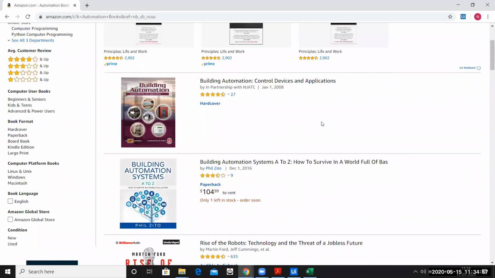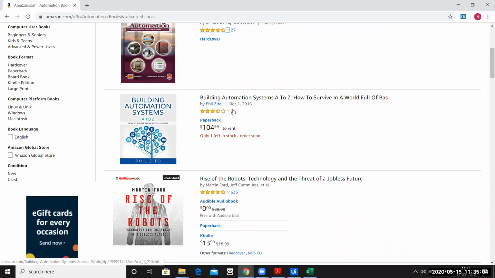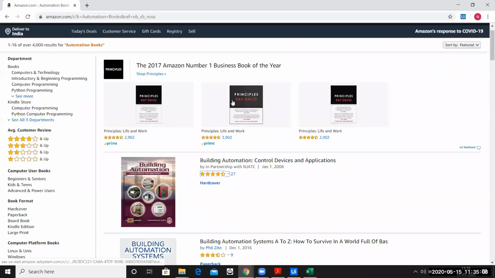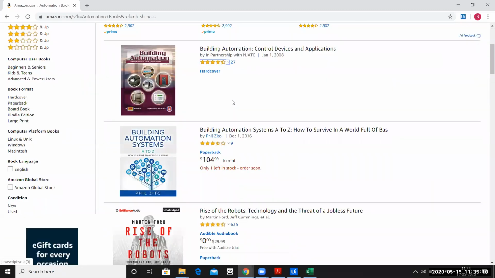Or we can also scrape the overall total rating. So we have 27 ratings here, we have 9 ratings, we have 635 ratings, we have 13 ratings, and so on. So we can also extract multiple data within the same data extraction. We have only extracted the book title now.